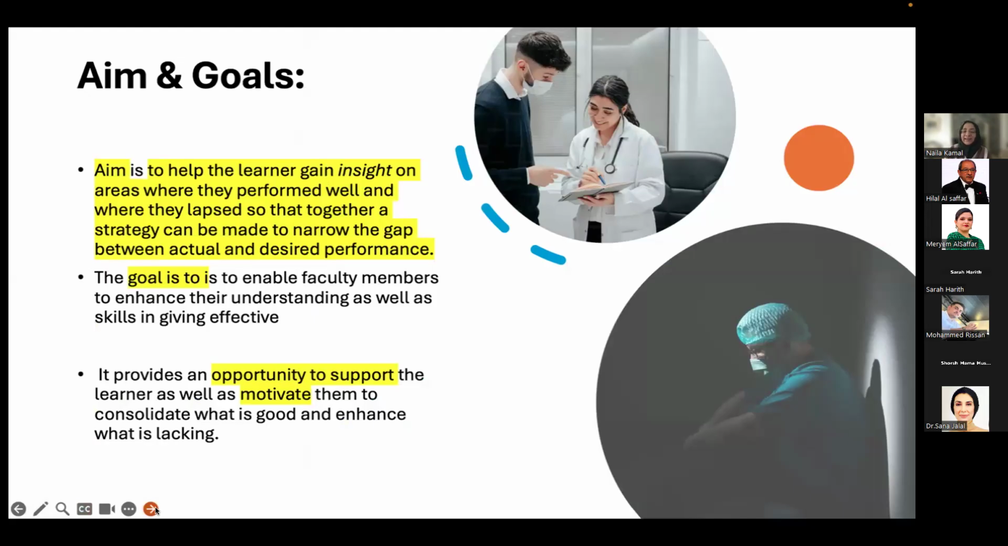What is the actual and what is the desired performance. And the goal right now is to enable the faculty members, yourselves, to enhance your understanding as well as the skills in giving effective feedback. So it provides an opportunity to motivate the learners. What it should not do, like the picture on the bottom right, is demotivate,